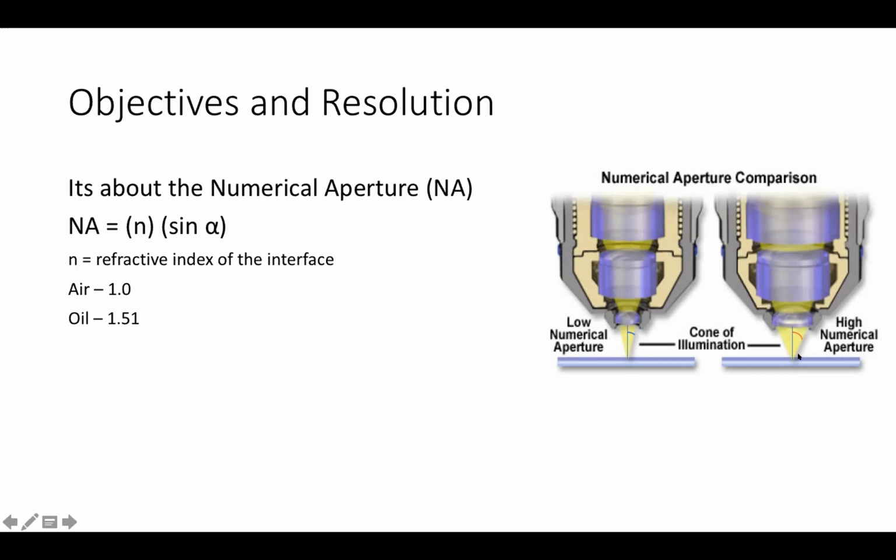What that means is that there will be an angle formed, which is sine alpha, and that's going to be smaller for an air objective, and it's going to be larger for an oil immersion lens. And this also means that the amount of light that you can collect through an oil immersion lens is pretty high compared to the low numerical aperture objective. Okay, so